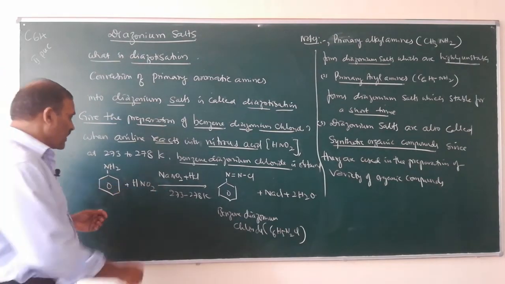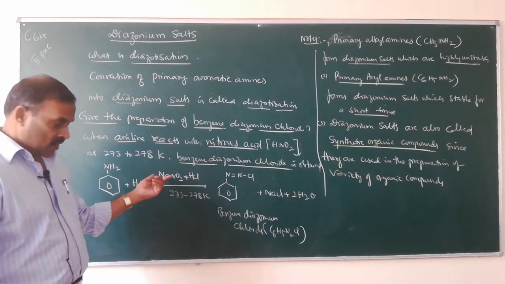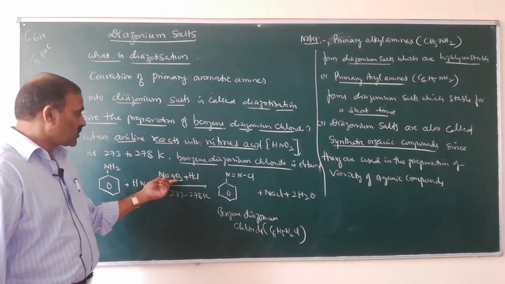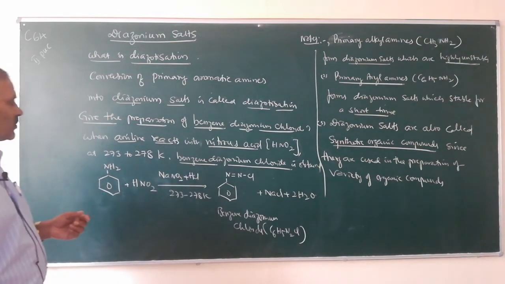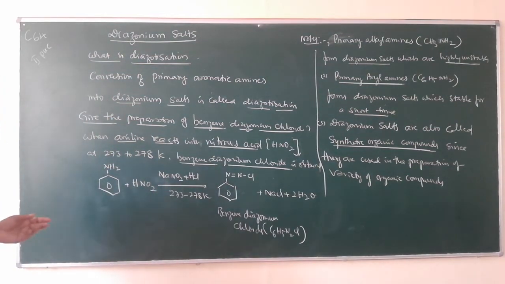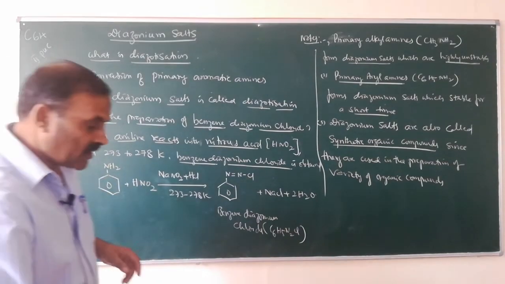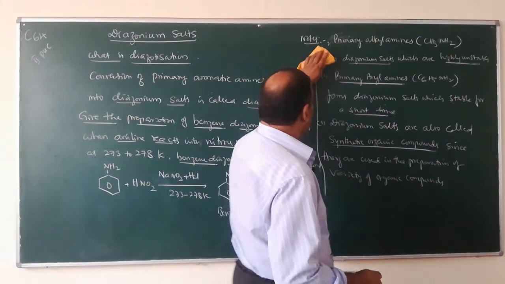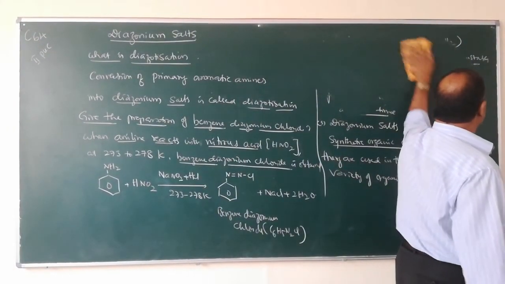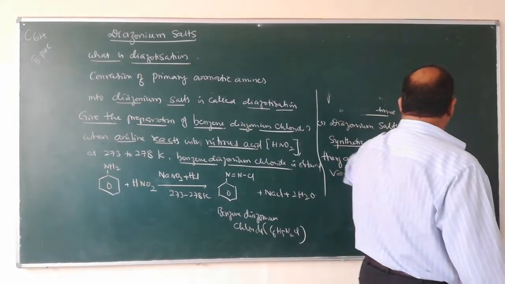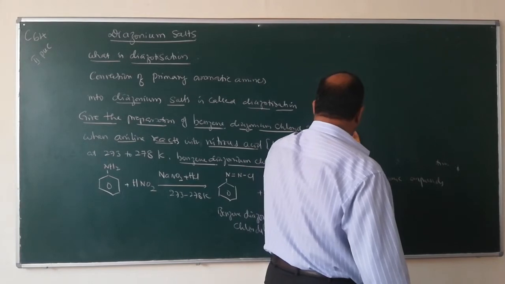It cannot be prepared and stored in the laboratory. For the preparation of nitrous acid, ice cold solution of sodium nitrite is added into dilute hydrochloric acid, and you will get nitrous acid. Benzene diazonium chloride cannot be stored for a long time because it is highly unstable, therefore it should be used immediately.